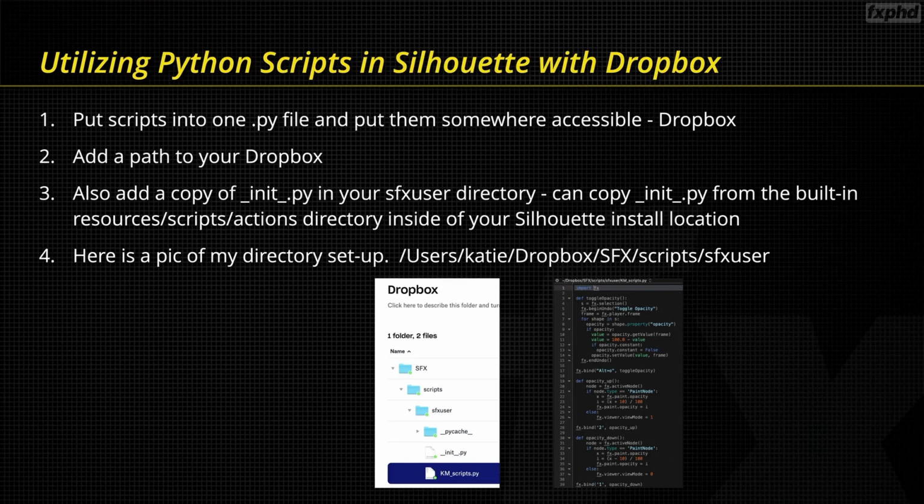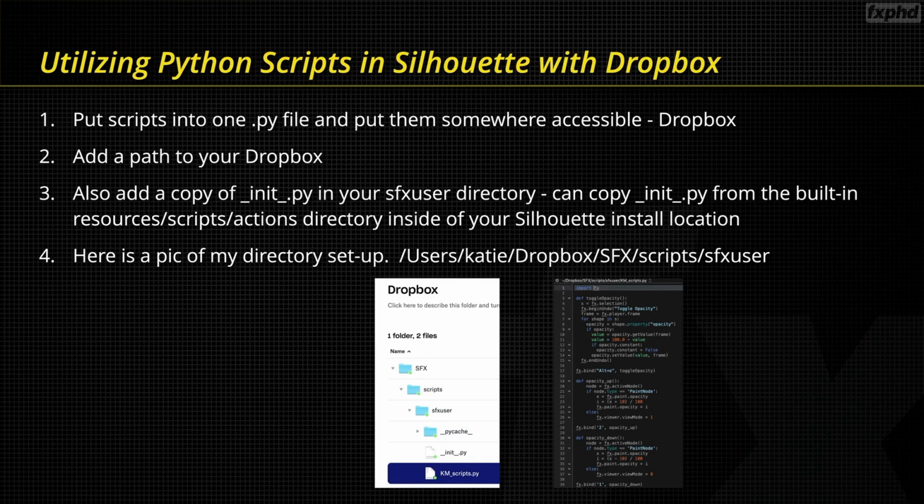If you want to add custom scripts to use in Silhouette, the most efficient way is to put your scripts in one .py file and put them somewhere easily accessible. For example, Dropbox, and that's what I use. And then you add a path to your Dropbox. You can see I have the listed instructions here, and then we'll go into Silhouette later and I'll show you